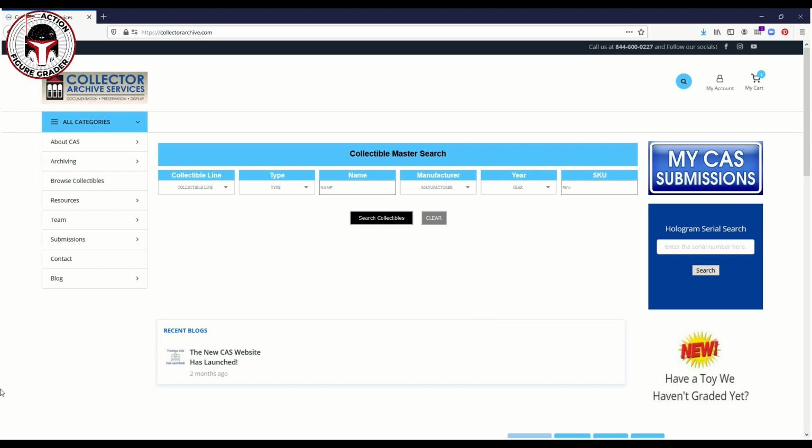But from the main home screen on Collector Archive Services, the best way to find out if Collector Archive has already graded an item is by using their search function. Collector Archive Services search function is a little bit tricky. It all depends on how the item is labeled in their system. So for example, if you go to the name function for searching, if you wrote out fully Power of the Force 2, hardly anything comes up. But how the item is labeled will be how it shows up here. And the way that it shows up is Power of the Force 2, but written this way,